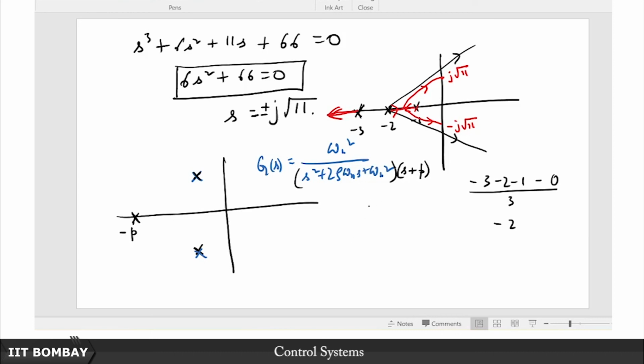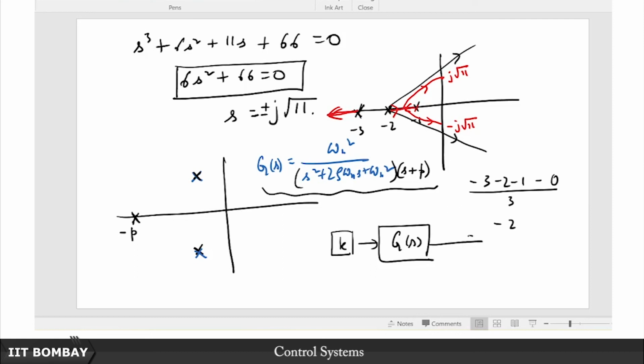Now we want to see that if you put this entire system in a closed loop configuration like this with a gain k sitting ahead of it like so,